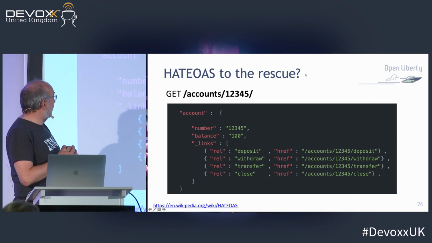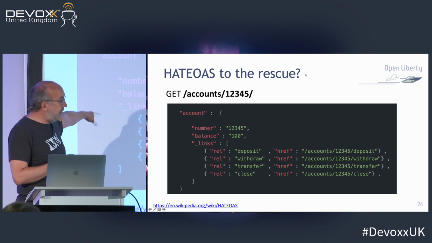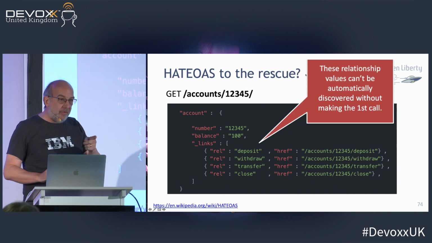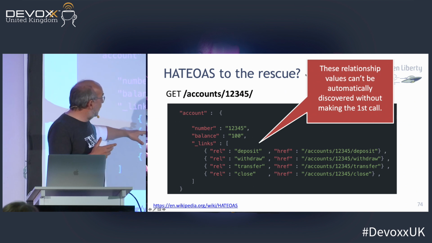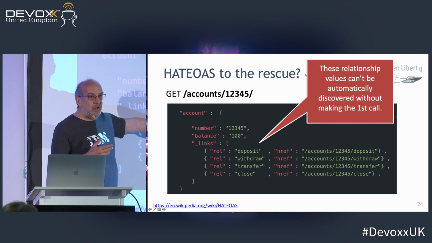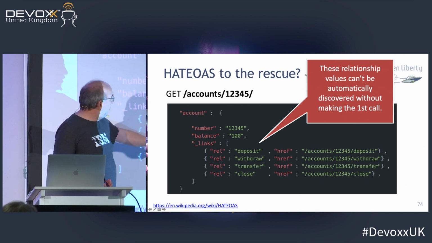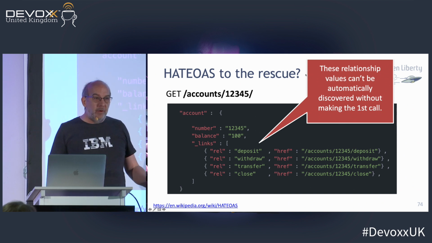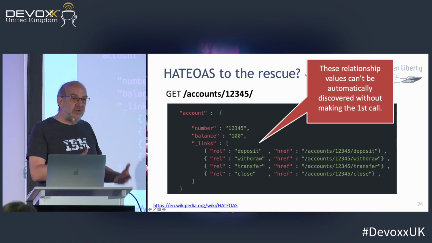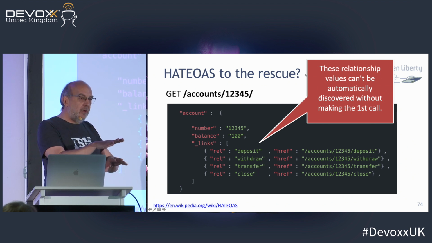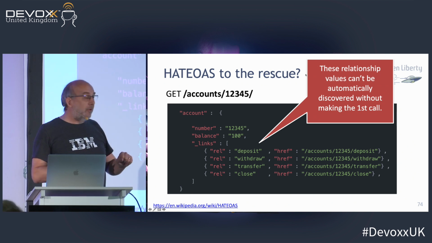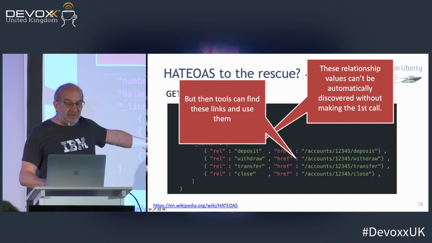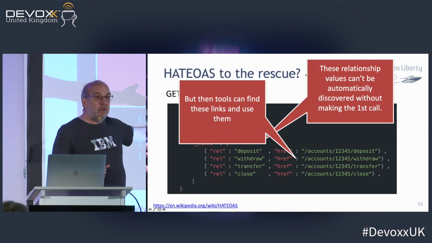Well, here's a HATEOAS example. Get accounts 1, 2, 3, 4, 5, blah blah blah, some links. Now HATEOAS means, the way that this is structured, the Swagger won't tell me what the values of these are going to be. I actually have to make the call to find out what the values are. So that's good. It's not documented in the Swagger other than as URLs, as endpoints somewhere else, so the relationship is not documented. But as soon as I make one call, I've now figured out what they were.